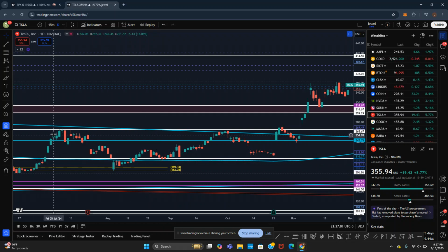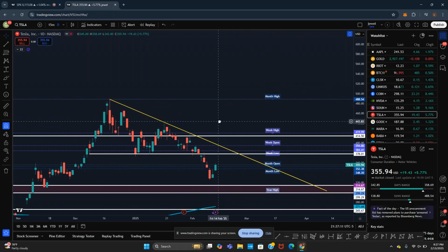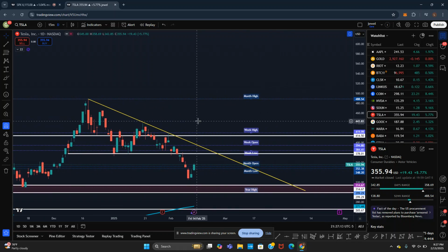This is a nice run right here. I'm not saying, guys, to take profit at 3 candles. But what I am saying is take a little profit, move your stop loss to your buy-in price. Okay? That's all I'm saying. This way you're making money guaranteed. And at that point, you have nothing to lose. If it comes back under and it takes you out at where you bought in,